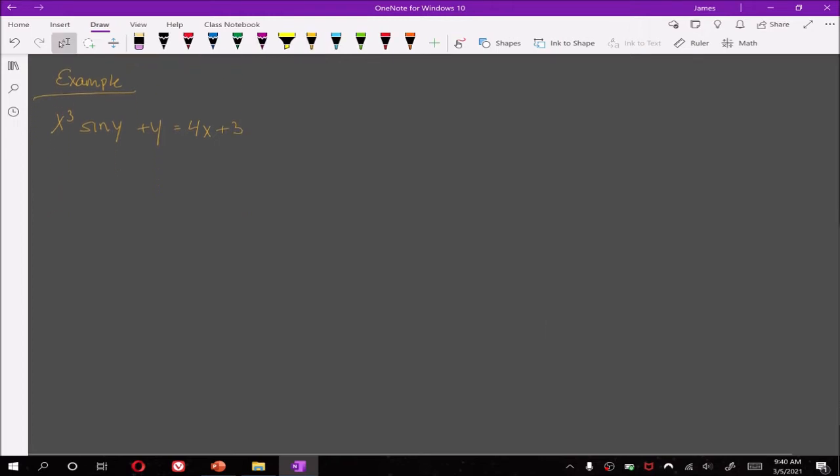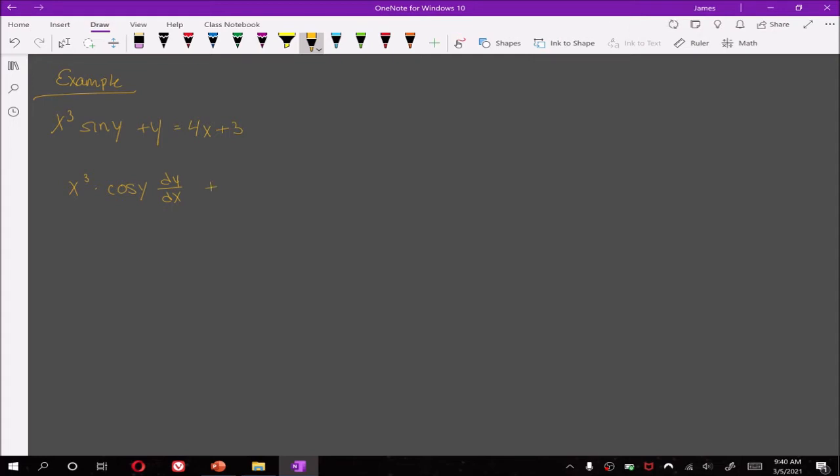So differentiate term by term. X cubed times sine of y. Well, this is a product of two functions. So we have to use product rule. Product rule says, take the first function, multiply by the derivative of the second function. Right? Of course, we have to do chain rule as well and say dy dx